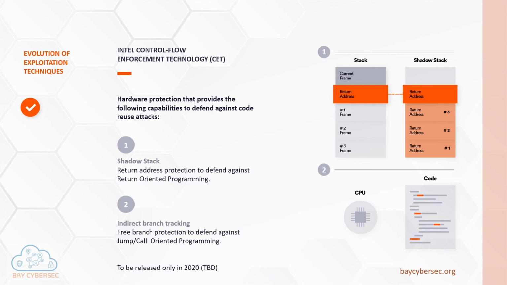The other method, for JOP and COP, is to mark inside the binary the legitimate and legal places where it's allowed to jump to. That means the attacker's number of gadgets is now very much reduced, because there aren't a lot of gadgets that are possible for him to jump to. You're only allowed to jump to the appropriate nodes in the graph of the program that was compiled ahead of time.